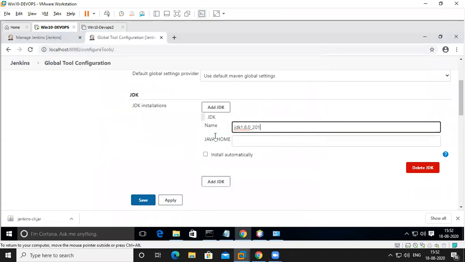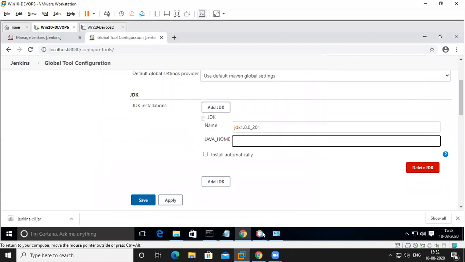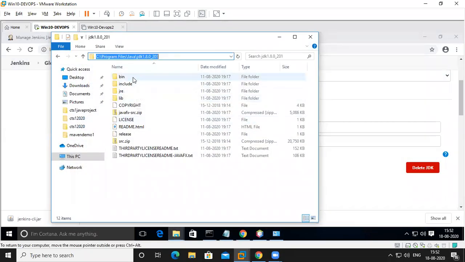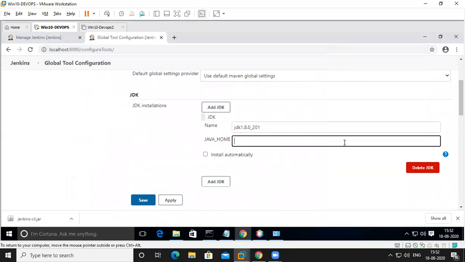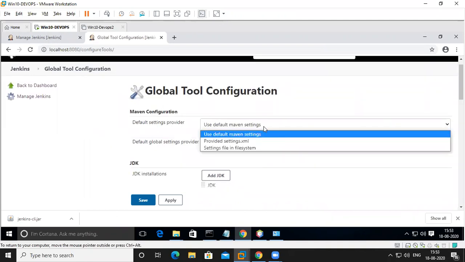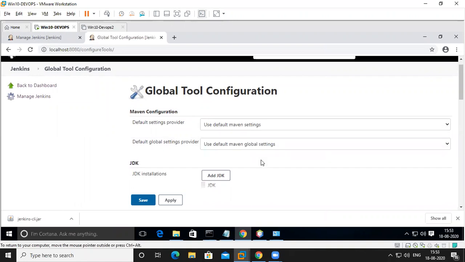Name is this one, and Java home. Where is this? Entire location. Okay, this is Java home. This is the bin file. Control C. If you don't give it also, not a big problem, because it is in the environment variable, it is already there. Okay, no problem.